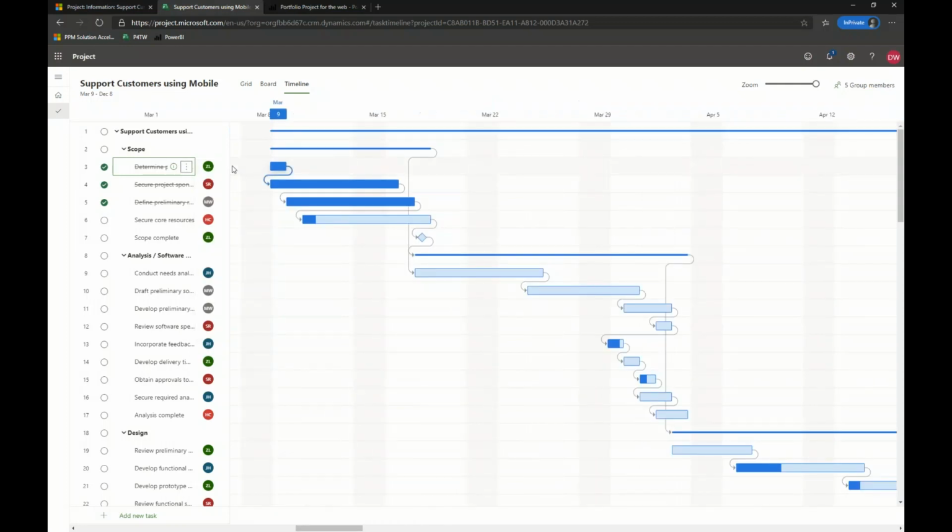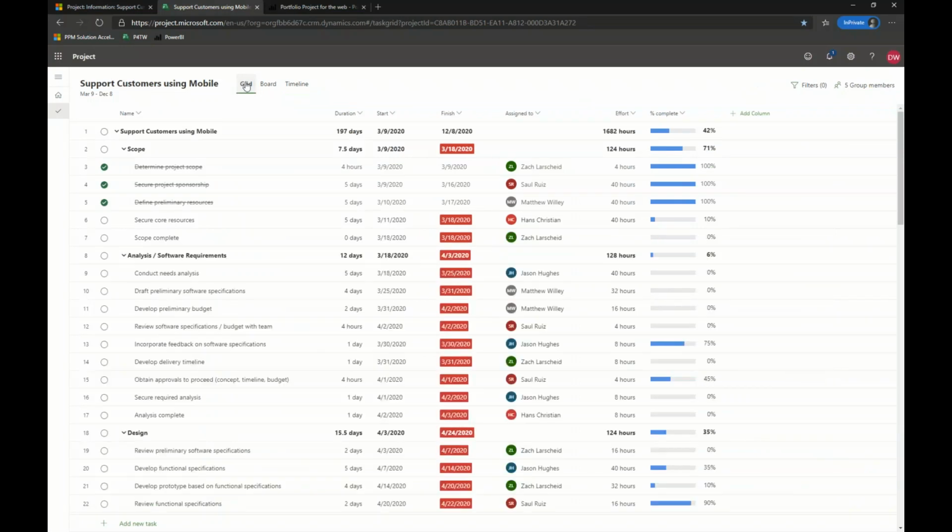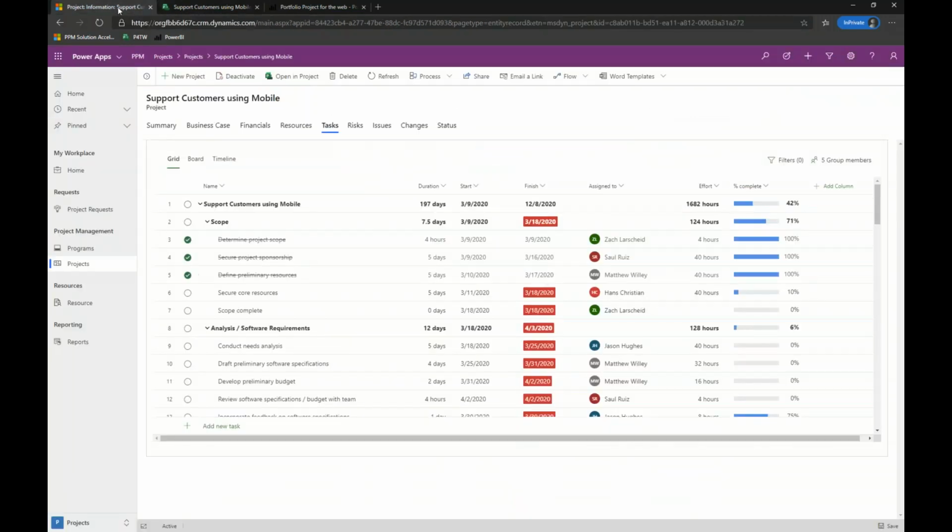Now, Project for the Web was just released last fall for Microsoft. They're getting started with a number of new features, and it's exciting times because there are new features and functionality being rolled out every month. We've had a number of webinars ourselves on Project for the Web. And of course, we've built and continue to develop Power Apps platform applications, such as this application,